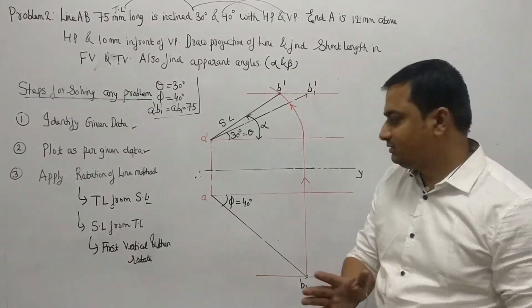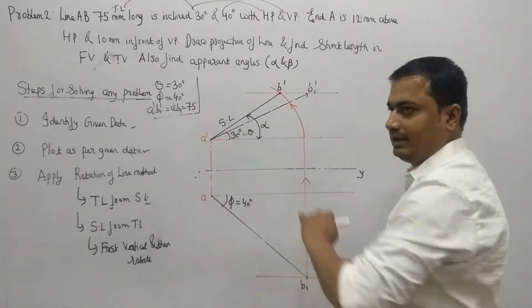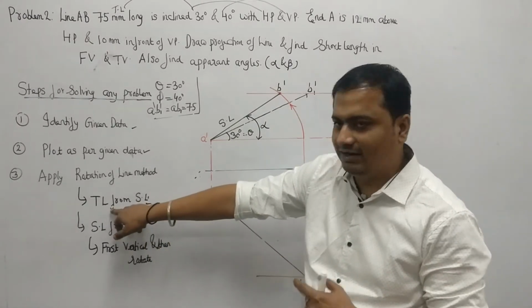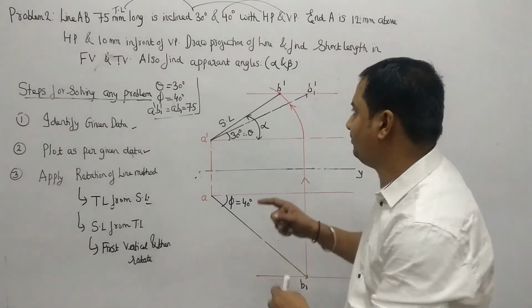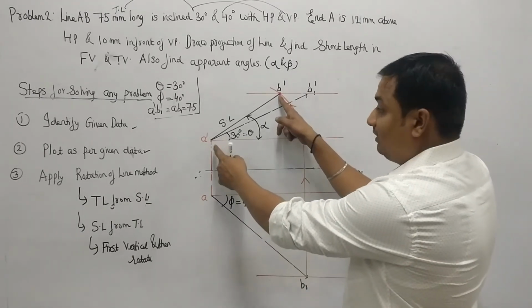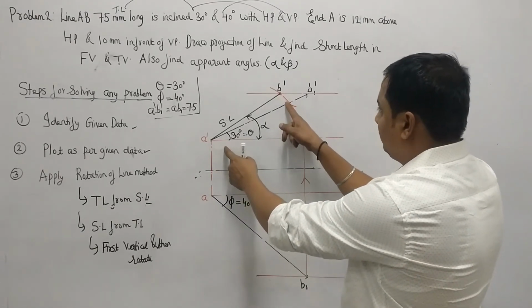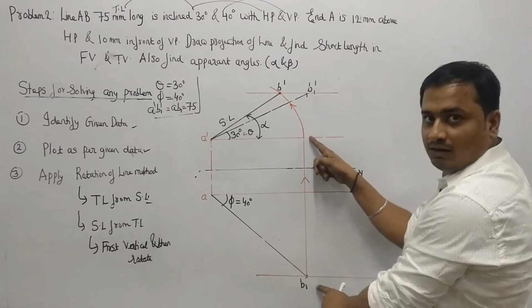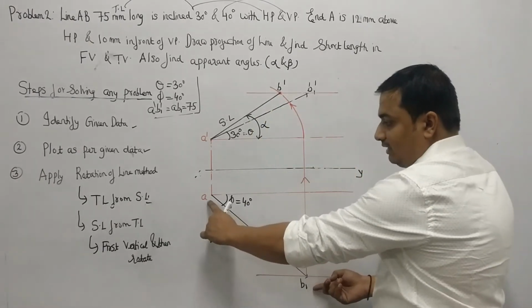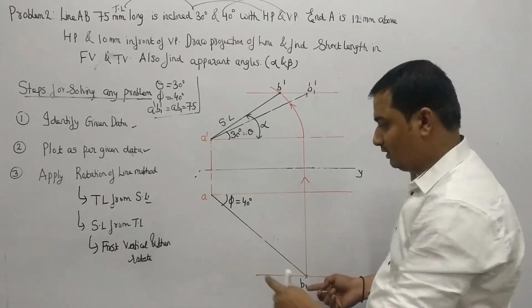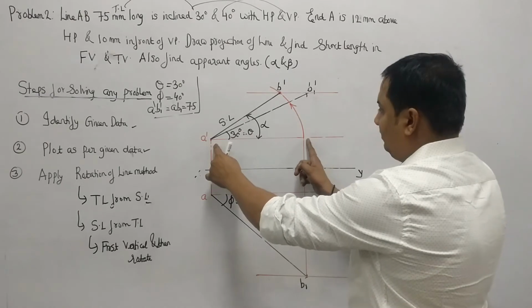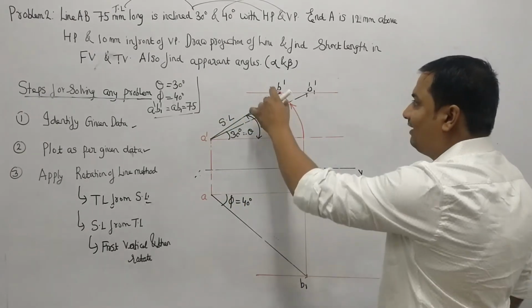So what I have done is first vertical, then rotate. If you just recall what we did to find out the true length: when we were having A dash B dash, first we rotated up to here, then we dropped vertical. Now we are having this true length, so we will be moving in reverse manner. So first take vertical up to here, then rotate it. Okay, so we have obtained the B dash.